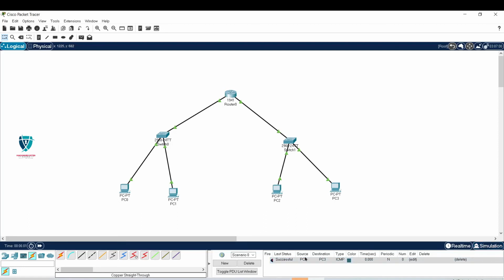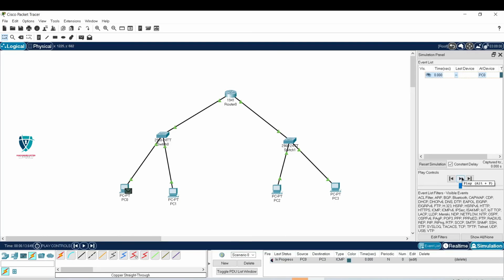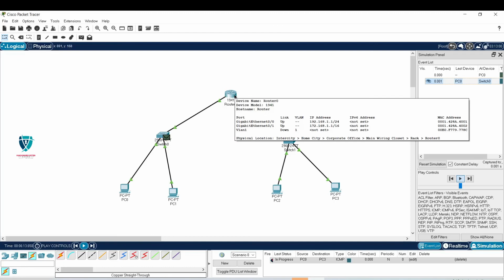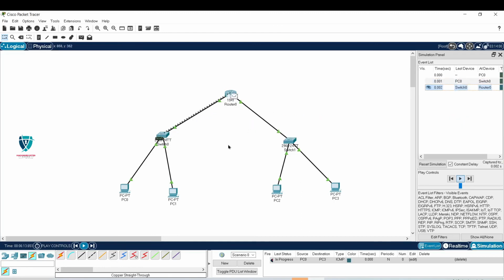To watch a simulation, click here and press the play button, so you can watch here. The packet will be transmitted to the switch, and then it will transmit to the router. The switch is an intelligent device, so it will not pass the packet to PC1, as we can observe here. The packet is transmitted to switch 1, and it will transmit it to PC3.